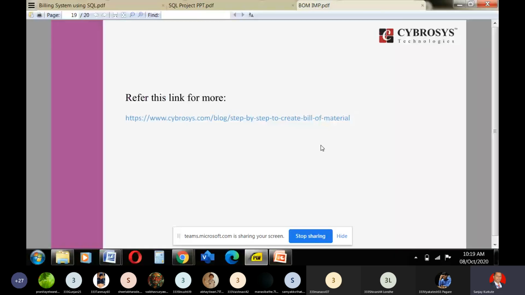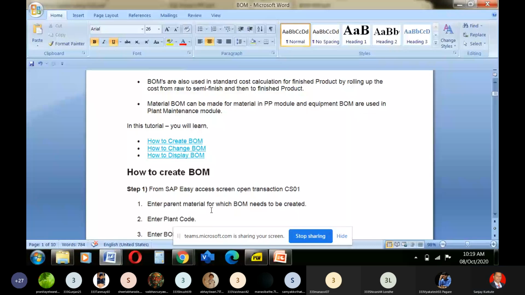Now I will go for one of the very important things, that is the notes. I will show them to you. There you will get all the idea about this. Okay. So let us go with this. See, what is bill of material now? It is a complete formula of components that make up a product assembly.